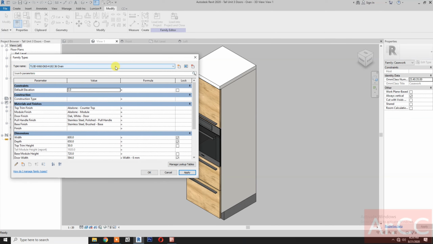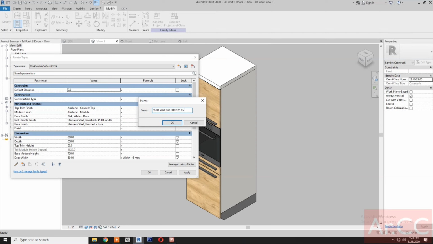Okay, next, select the second one, the tall unit 3 doors 12 oven. Okay, apply. Okay, next, select the 24, rename to tall unit 3 doors or TU 3D